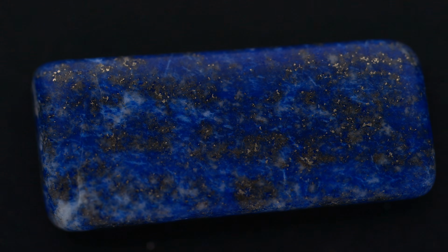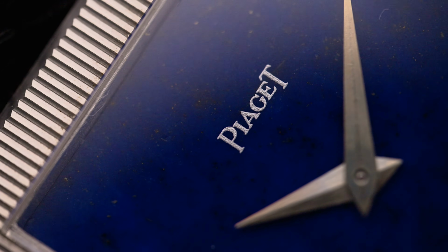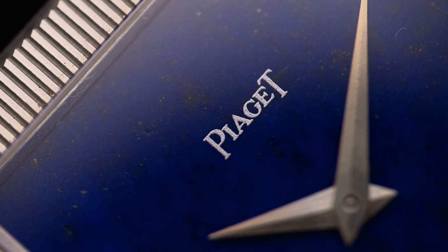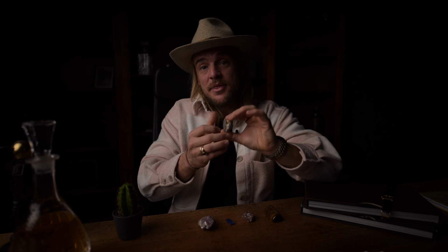In terms of price, it is twice as valuable as tiger's eye or onyx at around $30. But as already mentioned, it can quickly cost up to $1,000 in the best quality. The word lapis is Latin and means stone. Lazuli stands for blue. The blue color is very intense and stands out on the wrist. Furthermore, compared to onyx dials, there are many more white and yellow inclusions here. The last stone we will take a closer look at today is the opal,